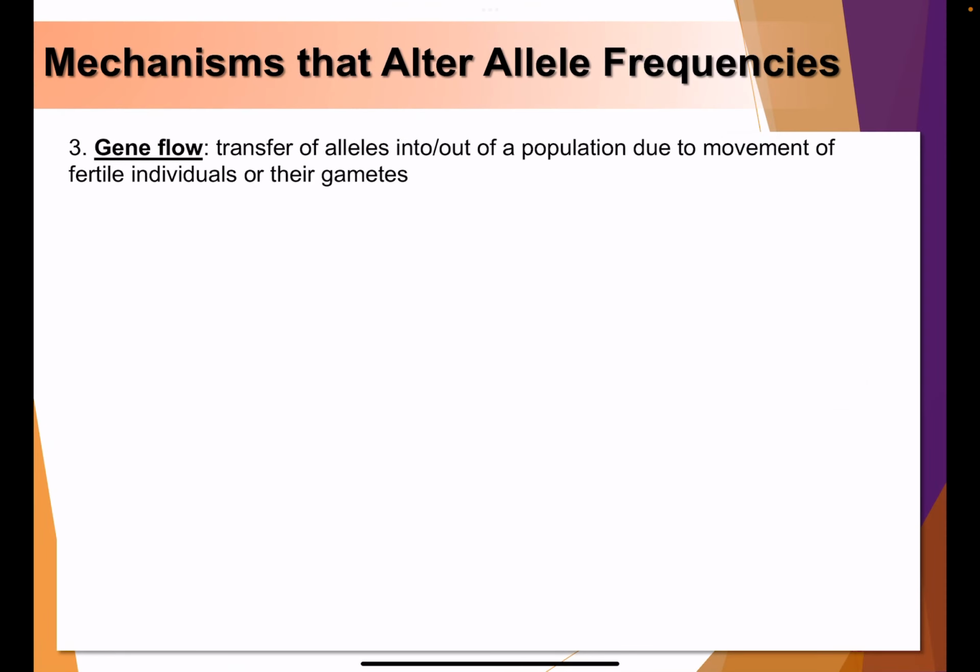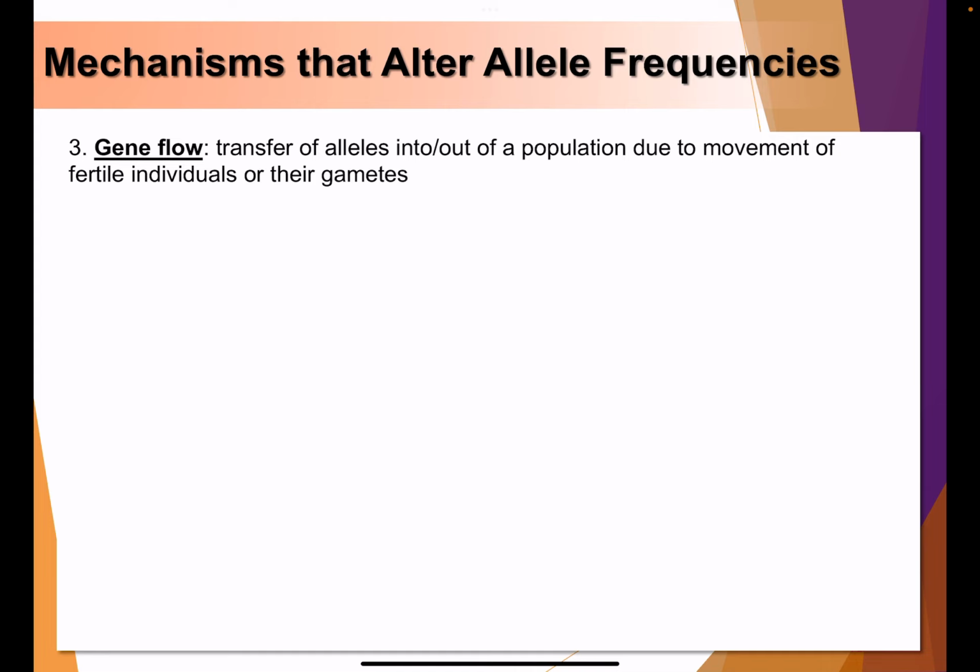All right, we are now in part 3 of chapter 23, Evolution of Populations. In the previous portion of the video, we talked about the mechanisms that can alter allele frequency. We finished summarizing natural selection, and we talked through genetic drift. How does that affect allele frequency? Last but not least, the third mechanism that can result in change of allele frequency is gene flow.